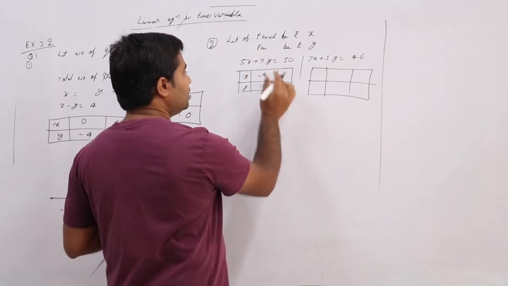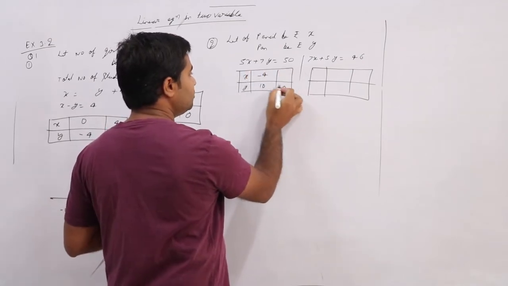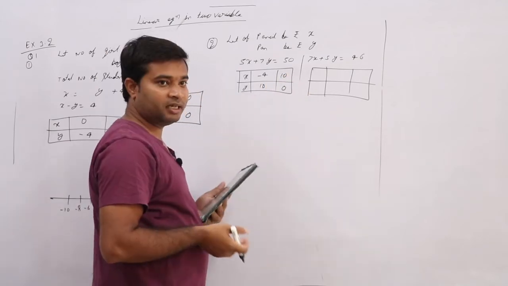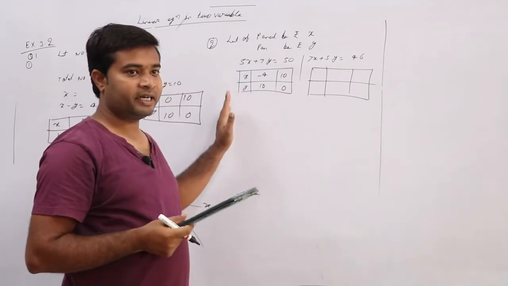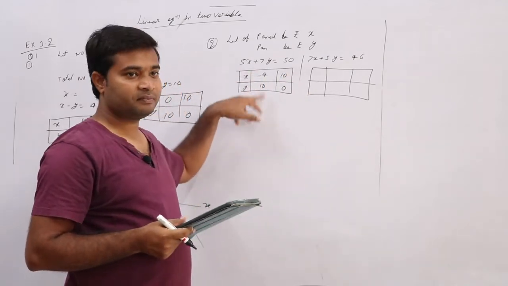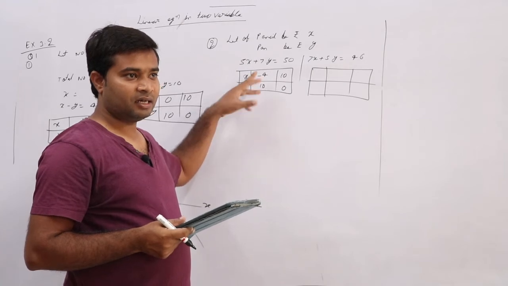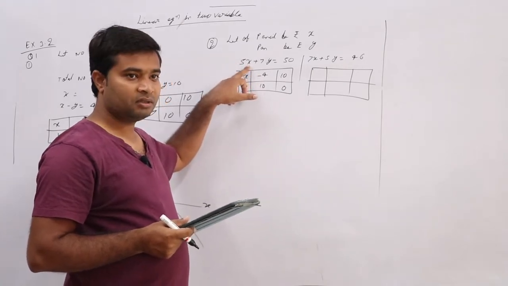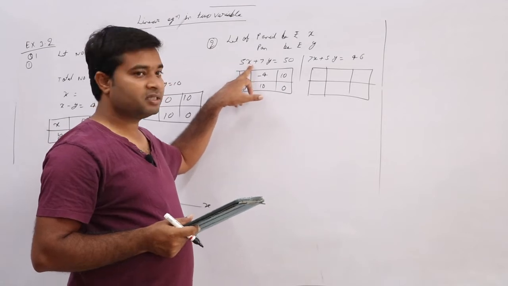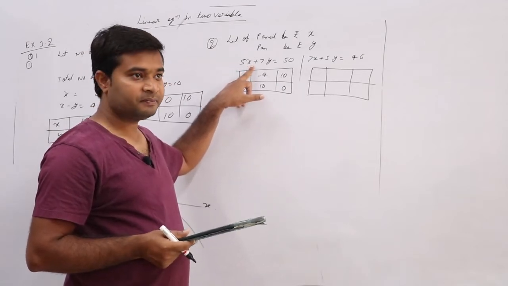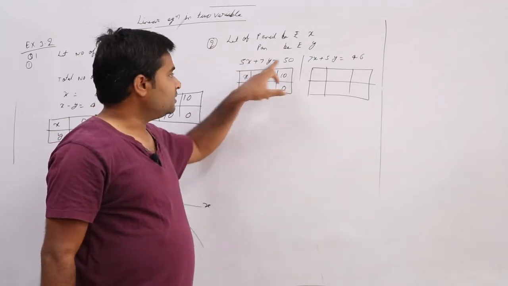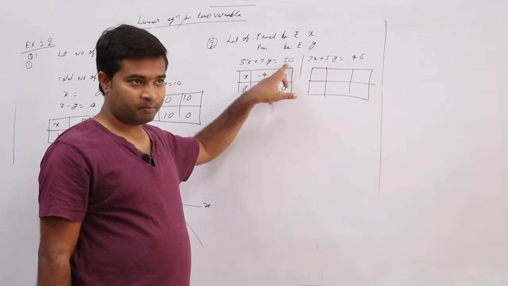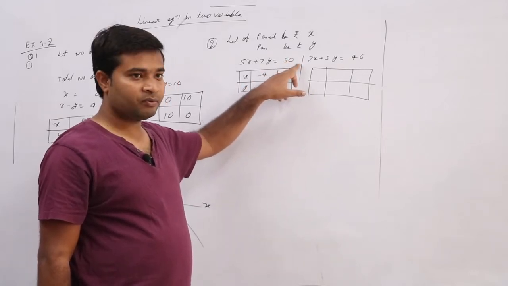Now what will y be? Put y is equal to 0, then x is also 10. If you do not do it in this format, you will get a fraction. You can think of putting x is equal to 1. So x is equal to 1 means this is 5, so plus 5, and this side minus 5 means 45. Plus 50 minus 5 is 45.